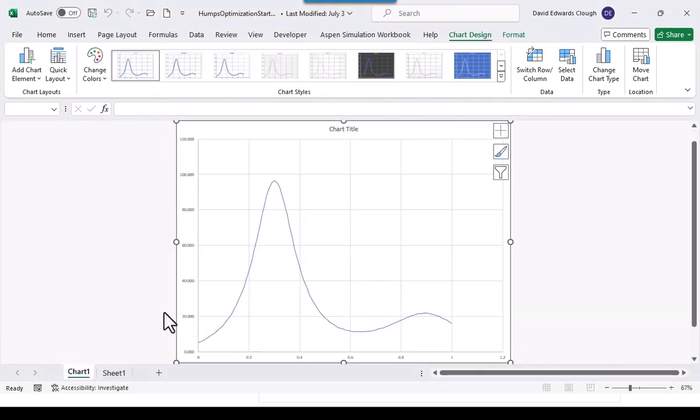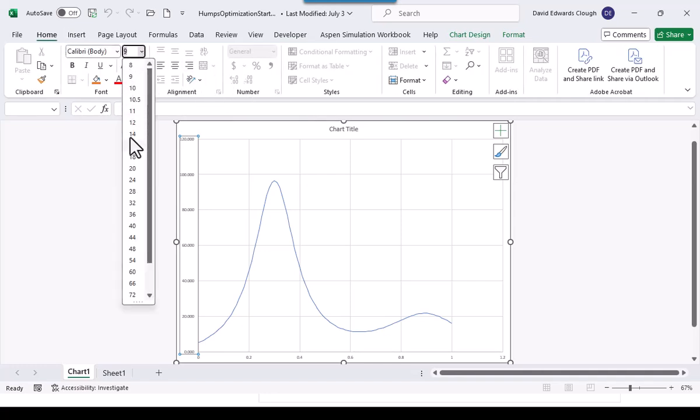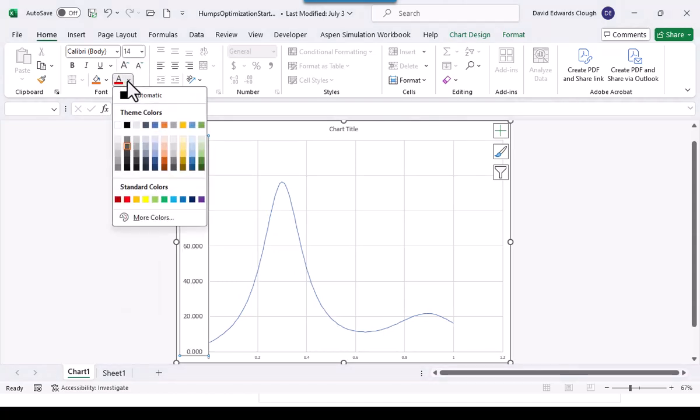And there we have it, all right? And we can change things just a little bit here, but I'm not going to do extensive formatting. Let's make this like a 14 font in black,